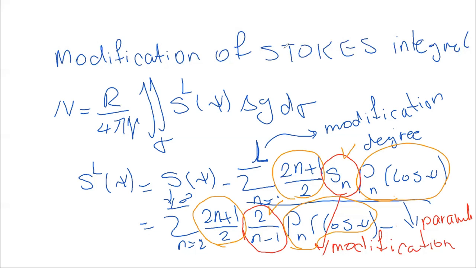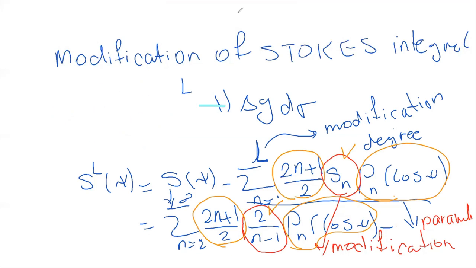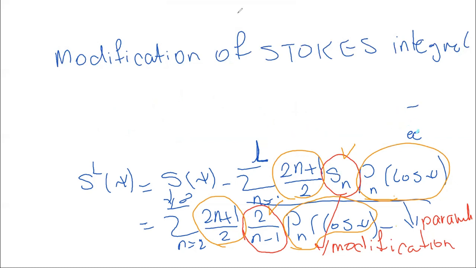Or I can write, therefore, this Stokes function in a spectral form like that. So the spectral form for this modified kernel, starting from 2, will be 2n plus 1,